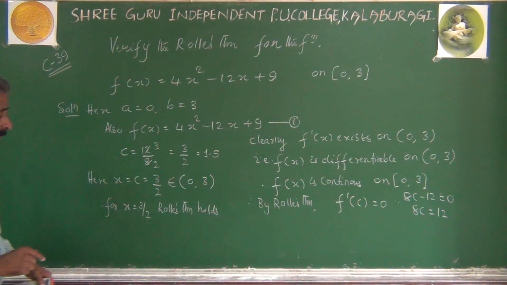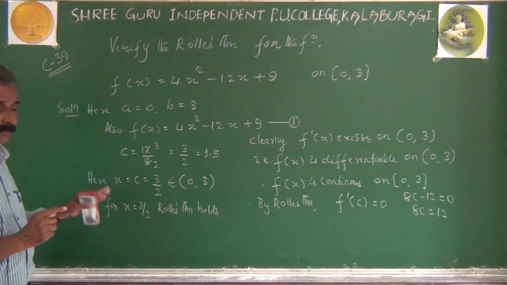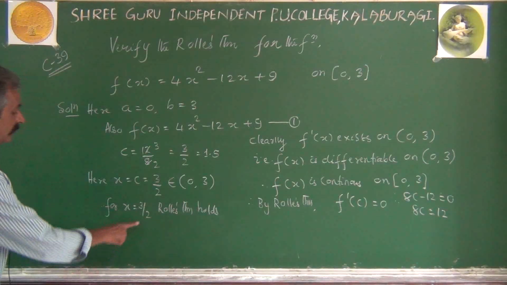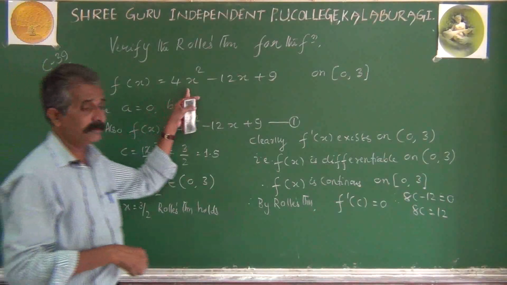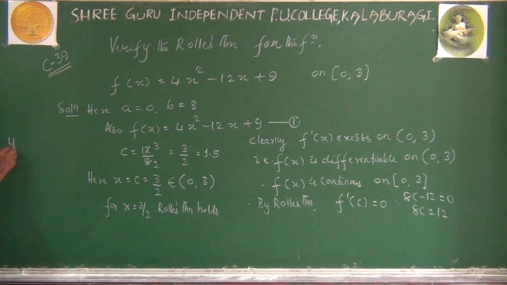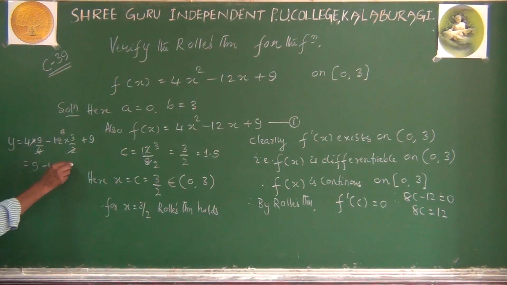So by that what we got is x equal to 3 by 2. So we got the abscissa, you have to get the ordinate, meaning the y value. This value of x is put in y. So when you put it in y, what we get is y equal to 4 into (3 by 2) whole square, which is 9 by 4, minus 12 into x, which is 3 by 2, plus 9. 4 cancels, 2 ones are 2, 6 are 9, minus 18 plus 9, that means it's actually 0.